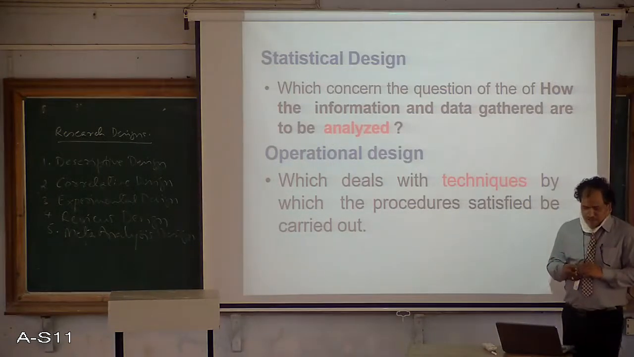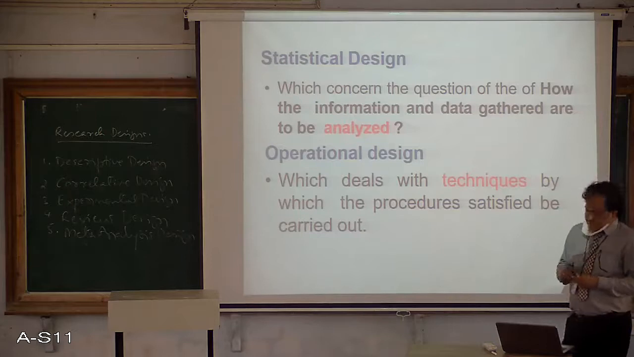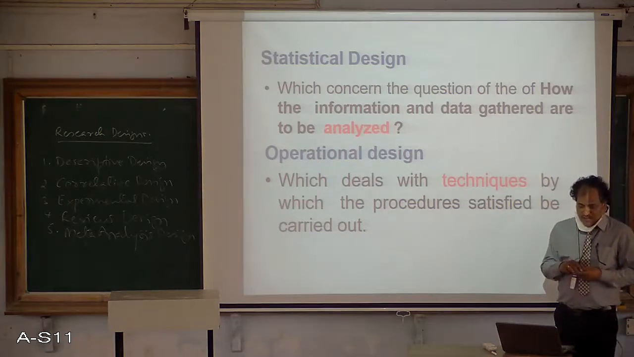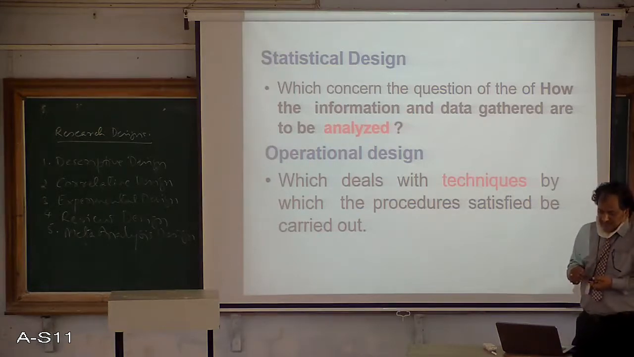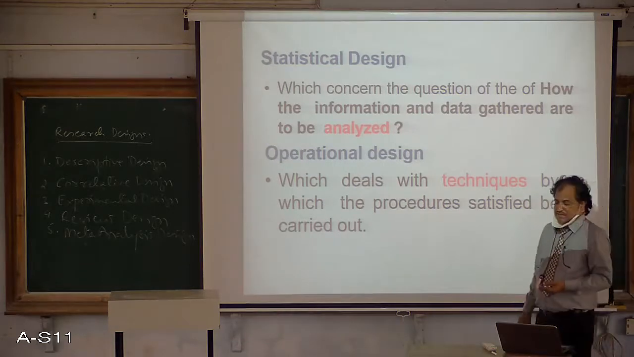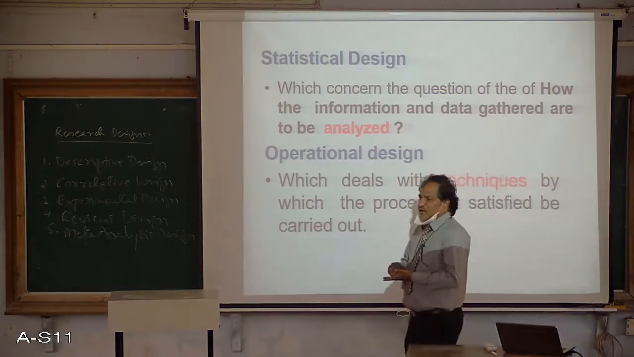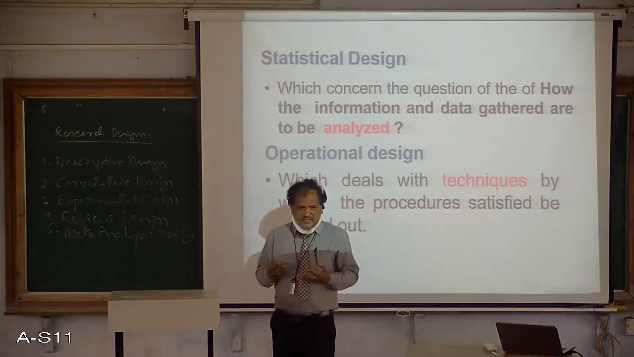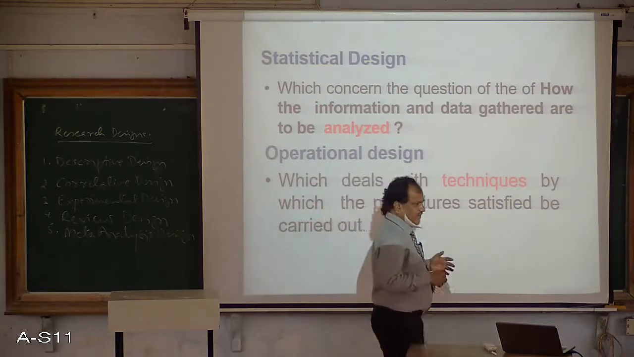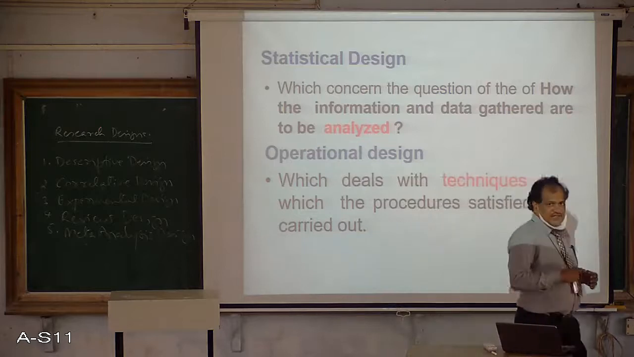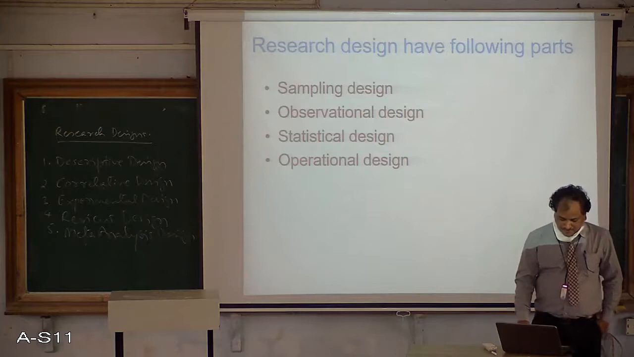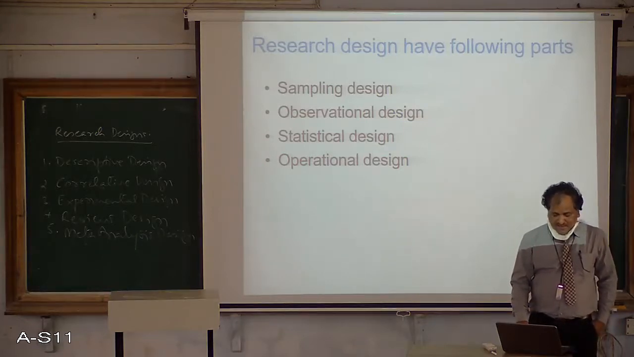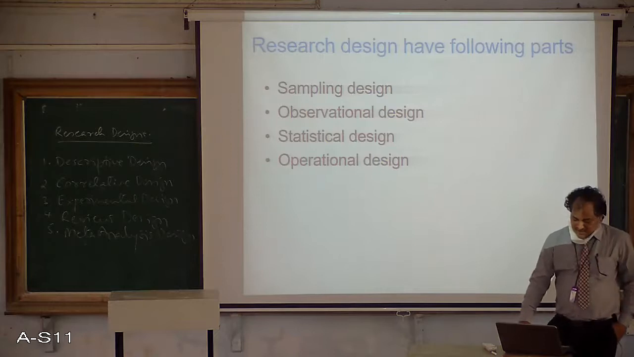Okay, and the fourth type of research design is the operational design. This operational design deals with techniques by which the procedures are to be carried out. What techniques have to be made operational in order to carry out our research? So these are the important four research design types or parts, that is sampling design, observational design, statistical